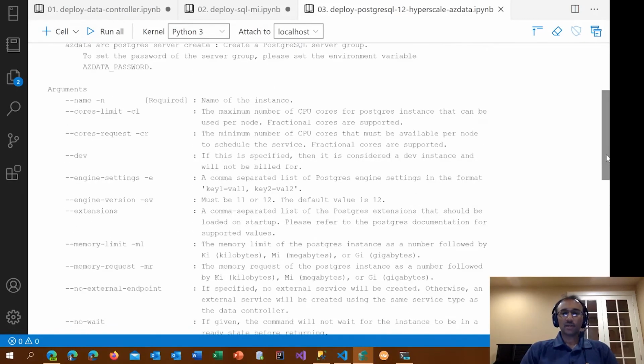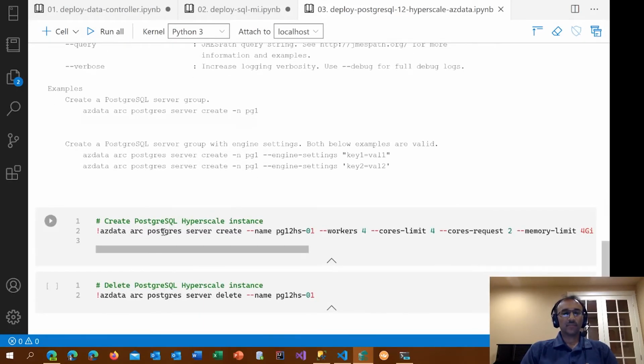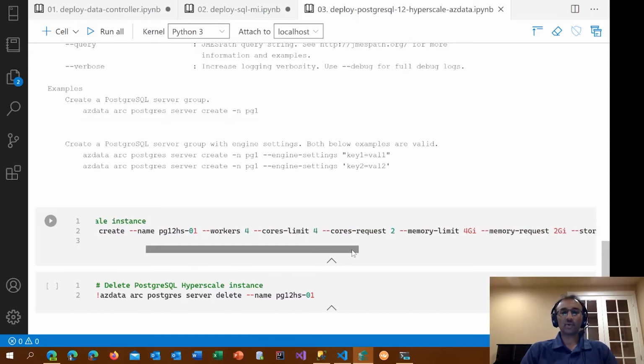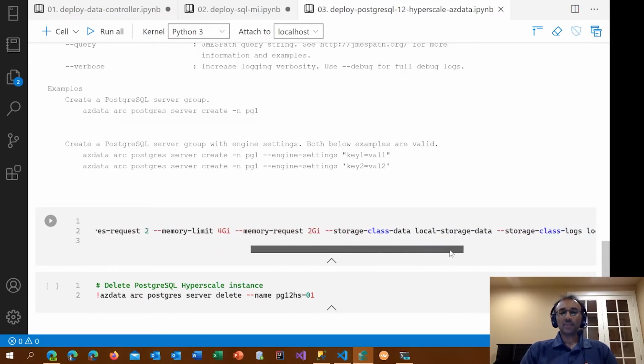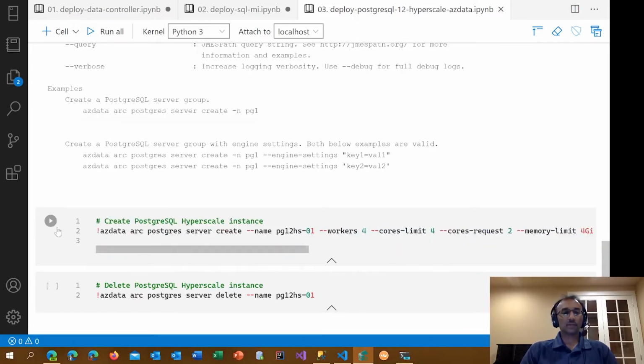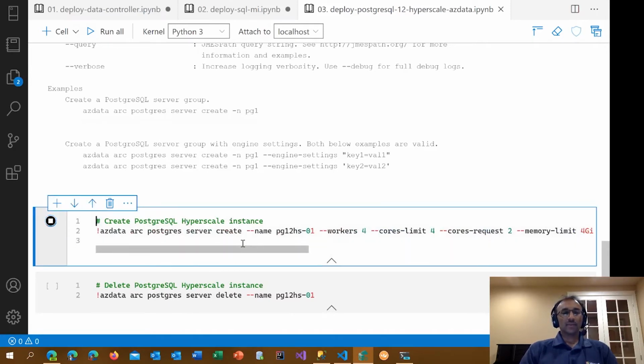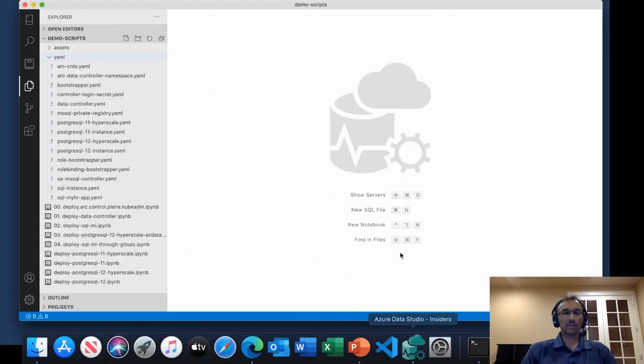So let's go ahead and kick off this installation. So what I'm going to do here is create a PG server with 4 workers. So there'll be up to 5 instances in this case. One is the management kind of instance and 4 workers. And each one with about 4 cores limit and 2 cores for the requested vCores. And I specified some memory limits and storage and so on, right? So that's it. So I can kick off this command and it's going to go and deploy the thing, my